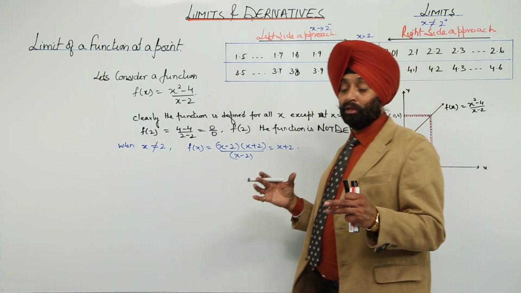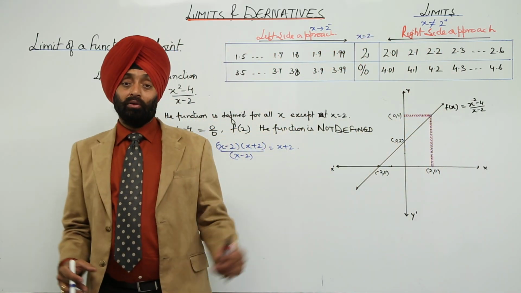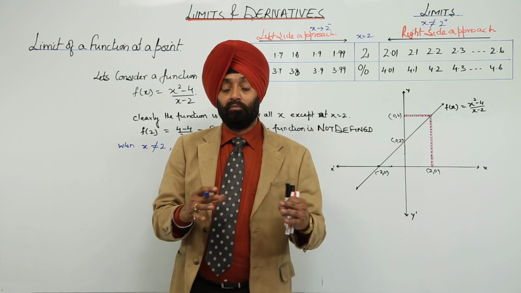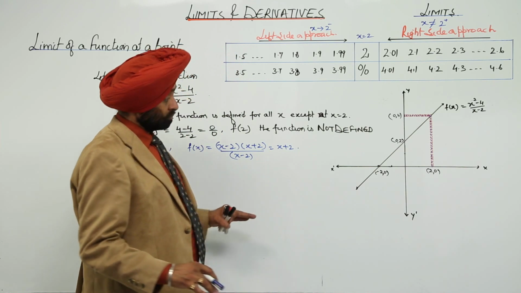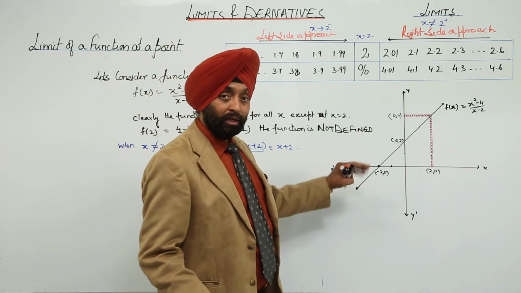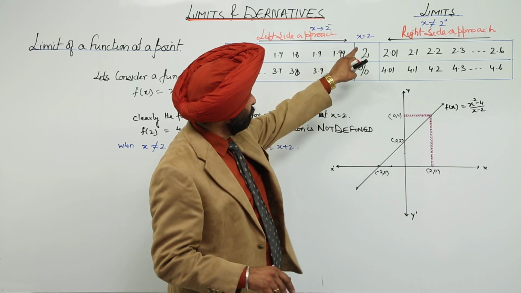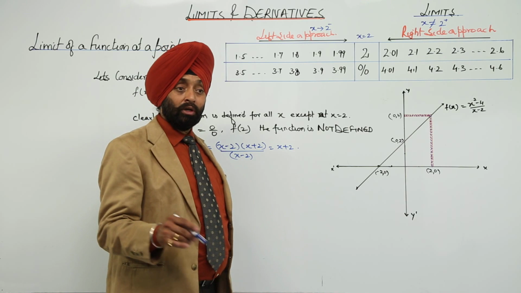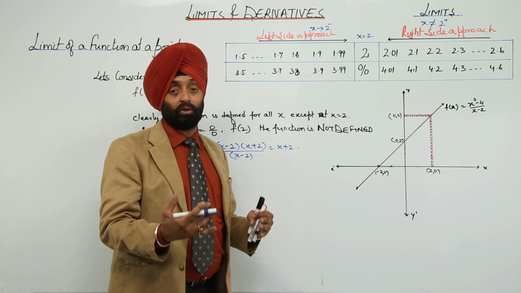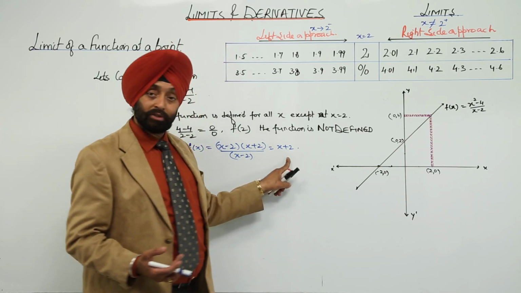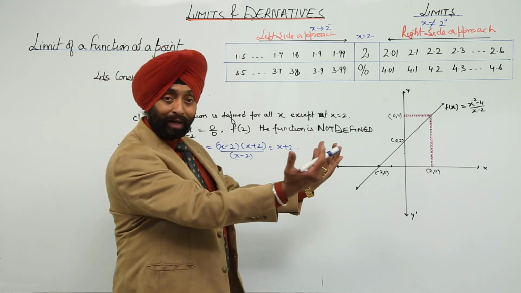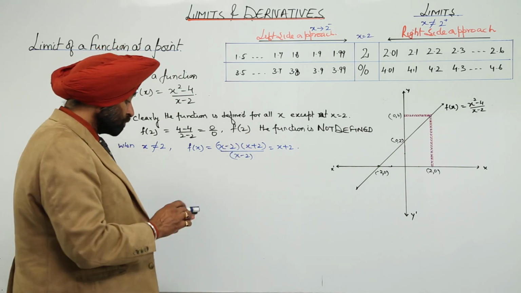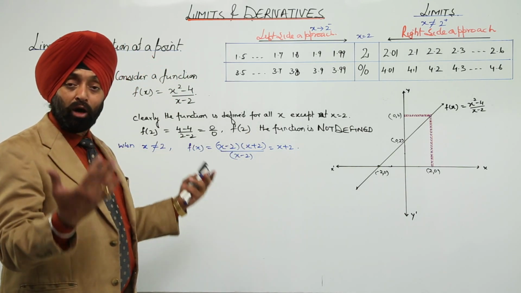So, this is the limit. When we are approaching from the left side and when we are approaching from the right side, the result should be the same. Is it clear? When we are going from the left side, we are not putting in 2, because if we put in 2, then it will be 0 by 0, which is undefined. So, we are not putting 2, but what if we approach towards 2? The result will be 2 plus 2, 4. If we approach from the right side towards 2, the result will again be 2 plus 2, 4. Is it clear? So, this is the basic thing, how we are writing it.